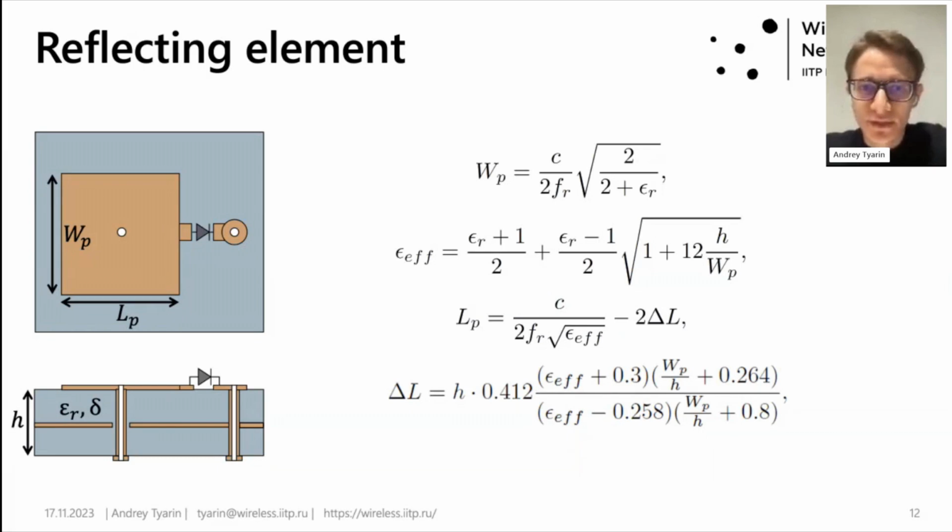A reflecting element is necessary, as I mentioned earlier, for interaction with the incident EM wave. A typical reflecting element is a patch. Usually, the form of the patch is rectangular. However, some prototypes use